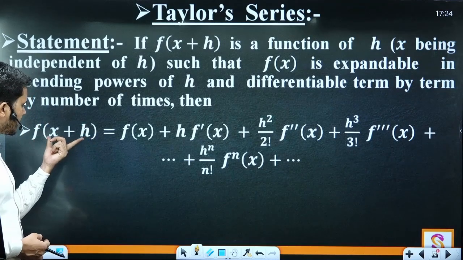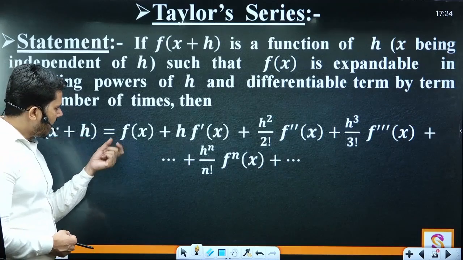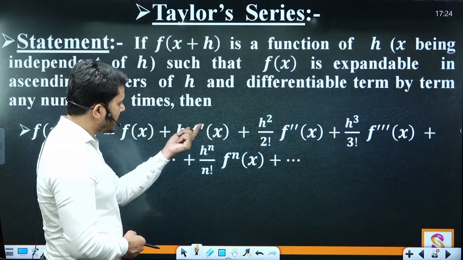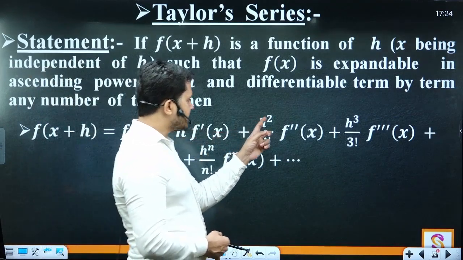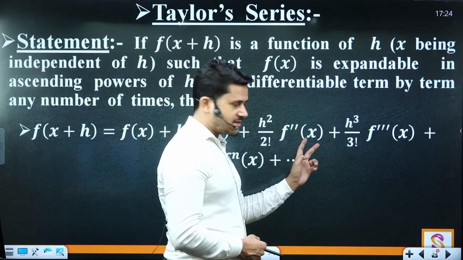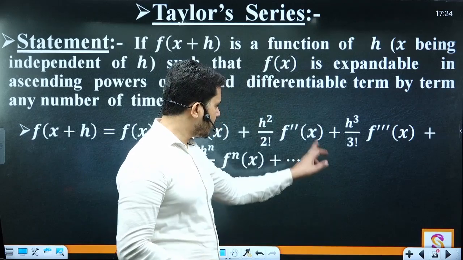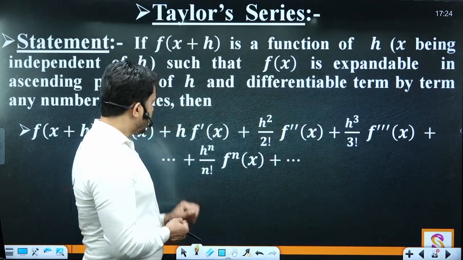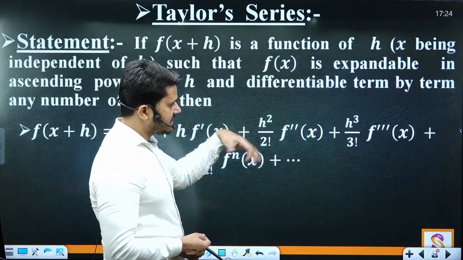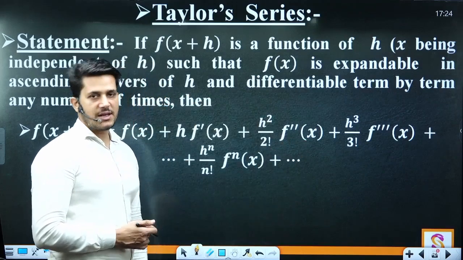यानी कोई भी फंक्शन in terms of x plus h can be expanded as f(x) plus h to the power 1 f dash x plus h square upon 2 factorial f double dash x plus h cube upon 3 factorial f triple dash x. x आ रहा है देखो यहाँ पर। So the powers of h, ये ascending order में है, increasing order में है।